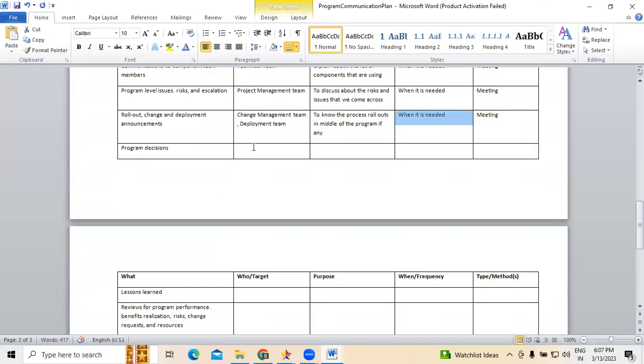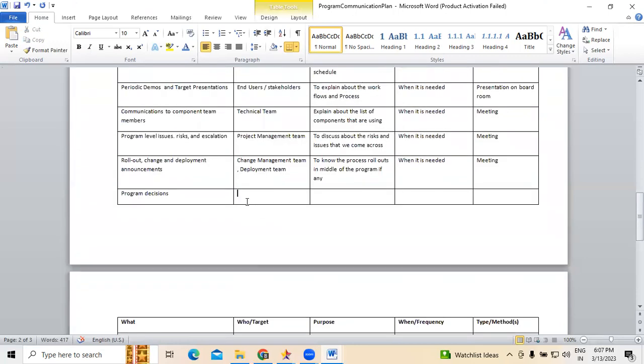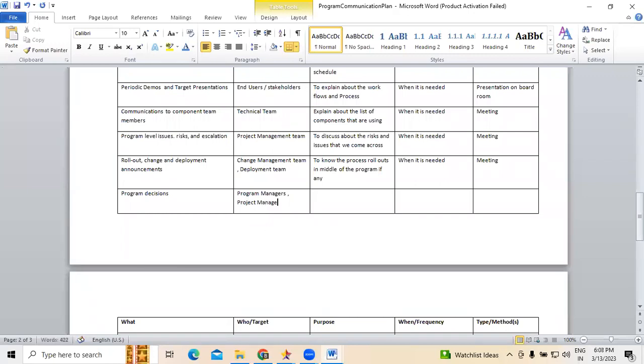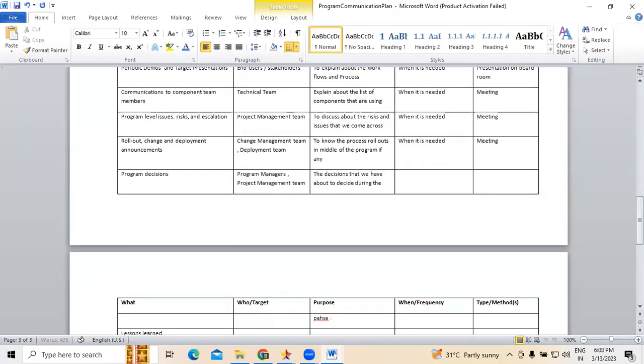Next, program decisions, right? When we're talking about program decisions, this is with the program team as well as, at the same time, the project management team, to know about the decisions that we have to decide during the phase of the program.